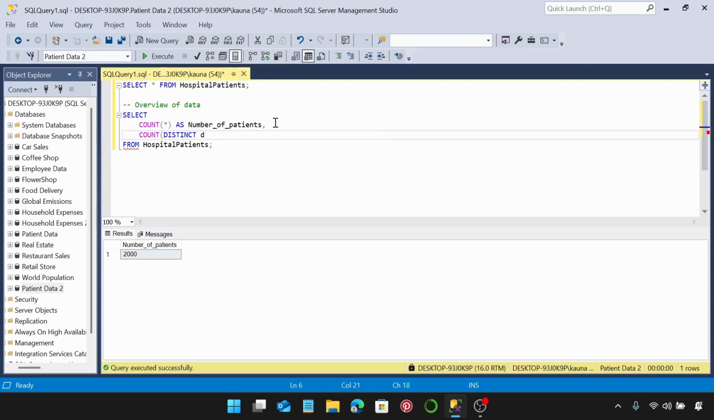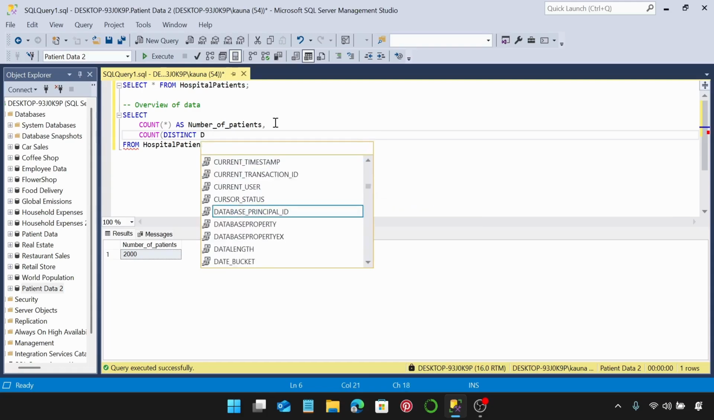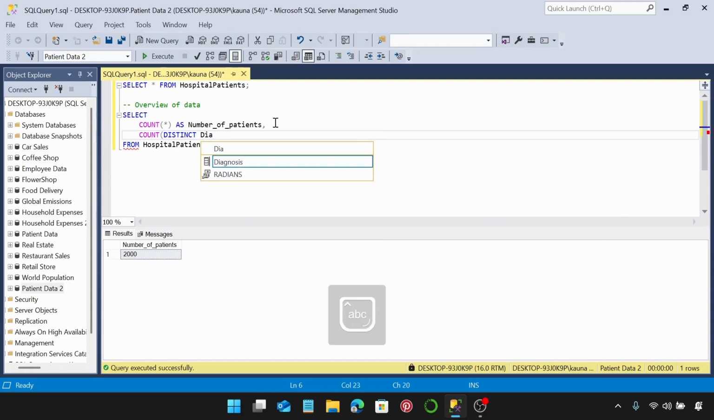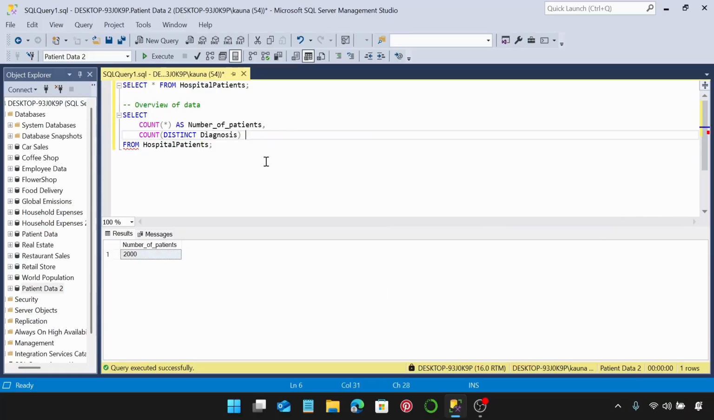count of the diagnosis column, and this is going to be as the diagnoses, and